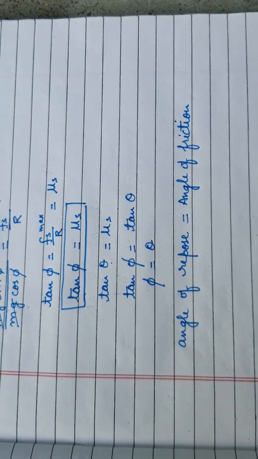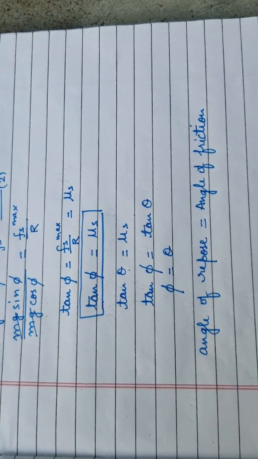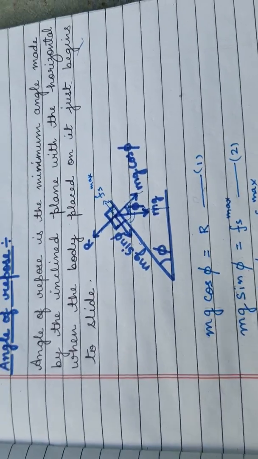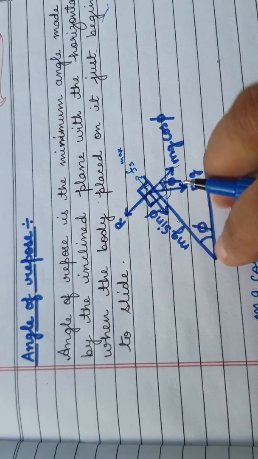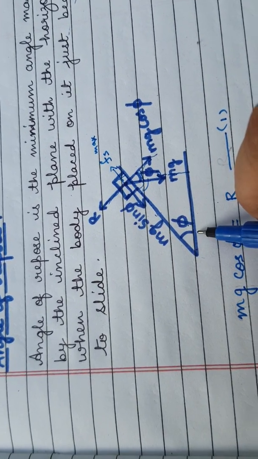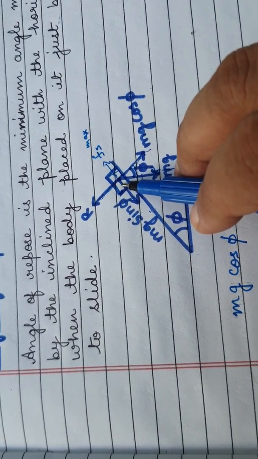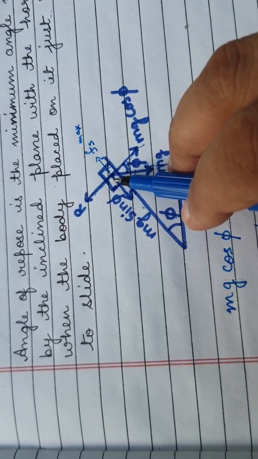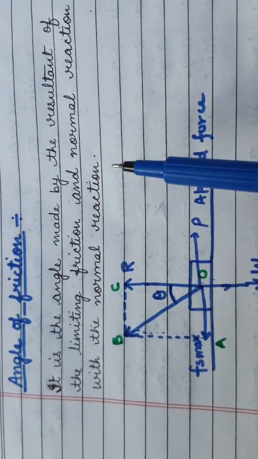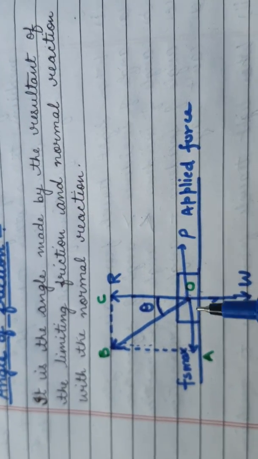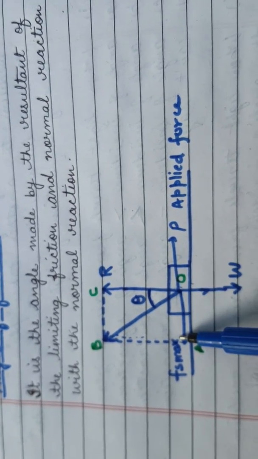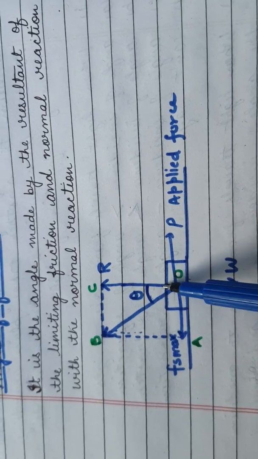Okay, so that is all about angle of repose: the minimum angle made by the inclined plane with the horizontal when the body kept on it just starts sliding. And the angle of friction, what is this? It is the angle made by the resultant of limiting friction and normal reaction